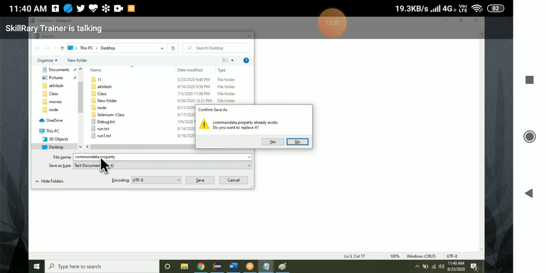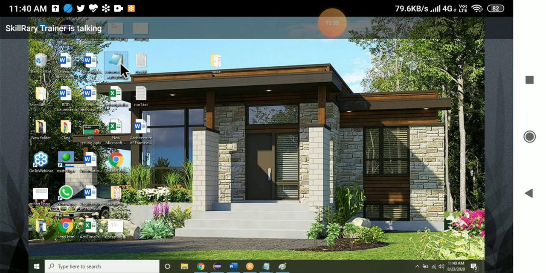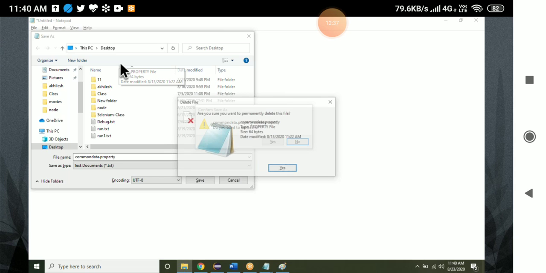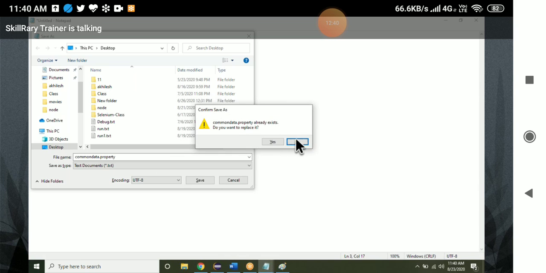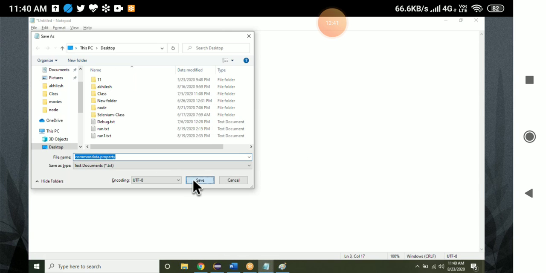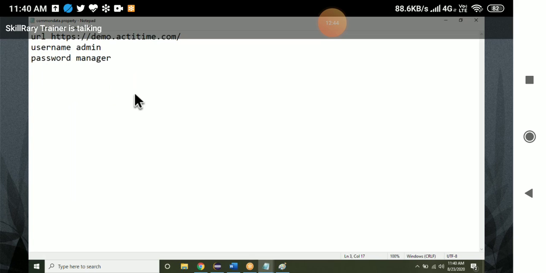The extension should be property, always remember. It's similar to Notepad, which uses the txt extension. A property file is the same as Notepad, and you can also open it in Notepad only. But the extension should be property. That is the only change.